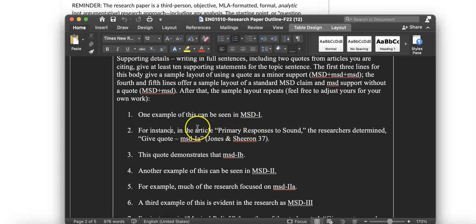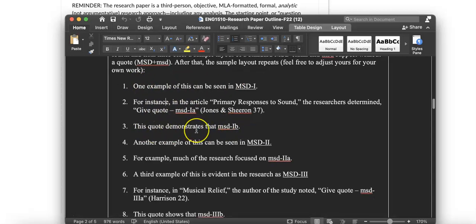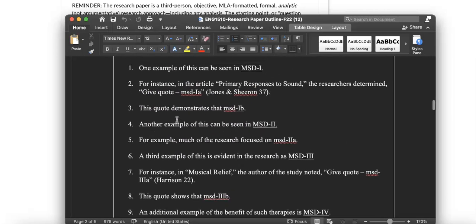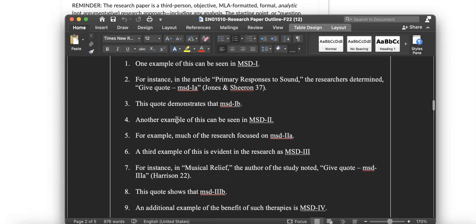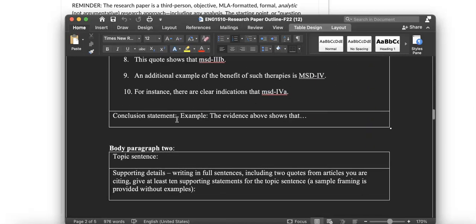Remember, no block quotes are allowed, so don't go over 4 lines of the primary point of the page. Give the actual last name and page number of the author, and then the quote defense that follows it as a minor support. Every time you use a quote, this has to be followed. This is intro quote, give quote, explain or defend quote, and you can use the examples of wording that are in there. Just make sure that you follow through on that. I will also accept a little bit of paraphrasing and summary on this. Make sure it's not overdone. The majority of this should be your wording in your work.